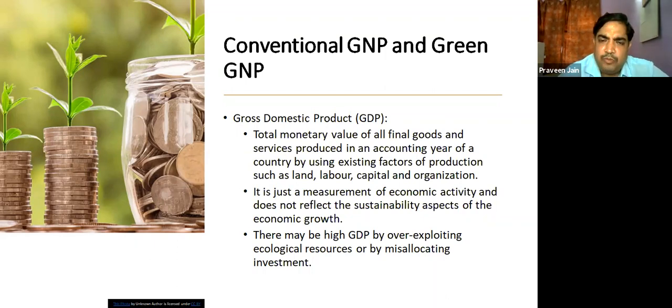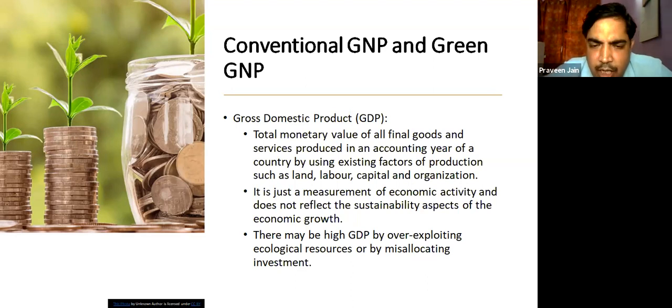Gross domestic product is the total monetary value of all goods and services produced in an accounting year of a country using existing factors of production such as land, labor, capital, and organization. So it is the final value of the goods and services produced in a country in a year. When we aggregate this value of production and services, we arrive at the figure of gross domestic product, and it is just a measurement of economic activity and does not reflect the sustainability aspect of